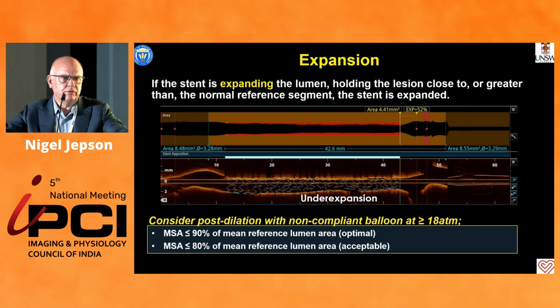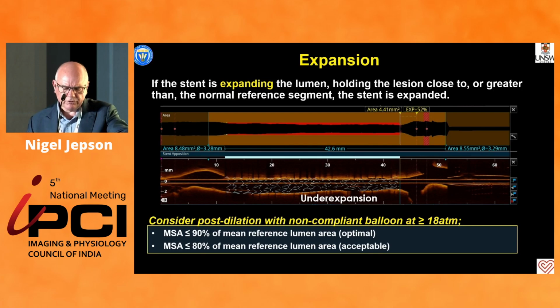We all see live cases performed angiographically, lip service given to imaging at the end of the case, comments made, it's round, it's on the wall, not one MSA is measured. OCT gives you this data automated, and it's very powerful. So as mentioned, we prefer to get an MSA well above 80. Aluminum 4 required us to get over 90, which can be difficult, and we need to be pragmatic. Obviously, if we've got distal disease, we need to be mindful, but certainly proximal important vessels, we want to get